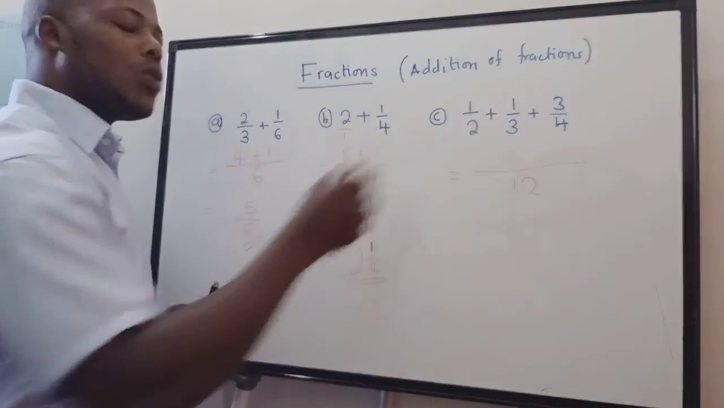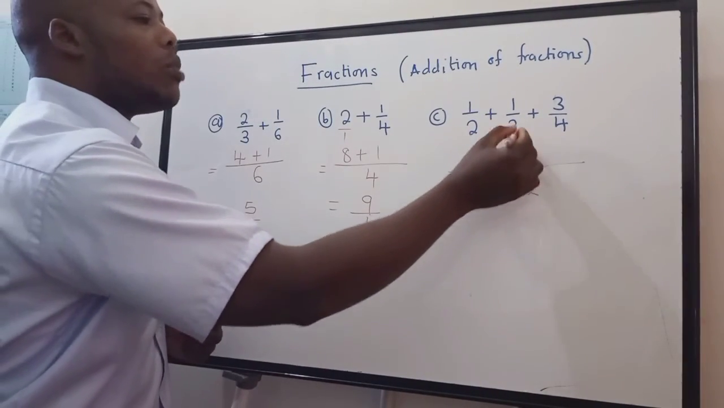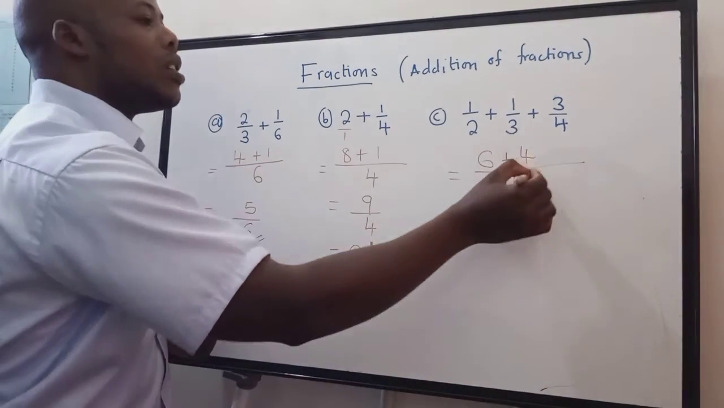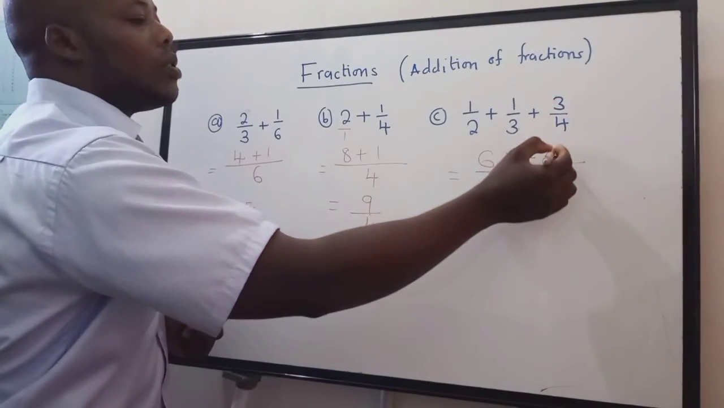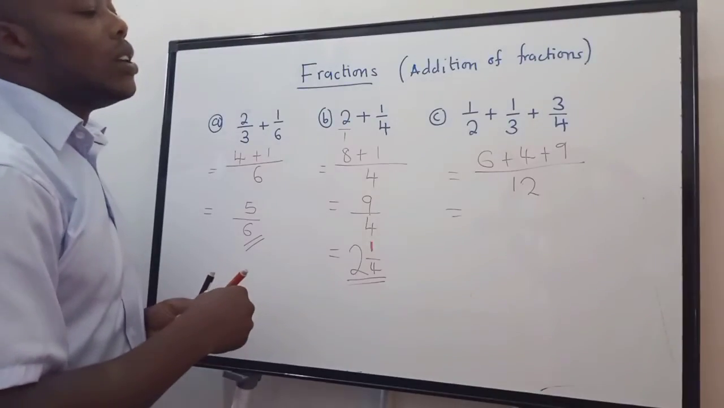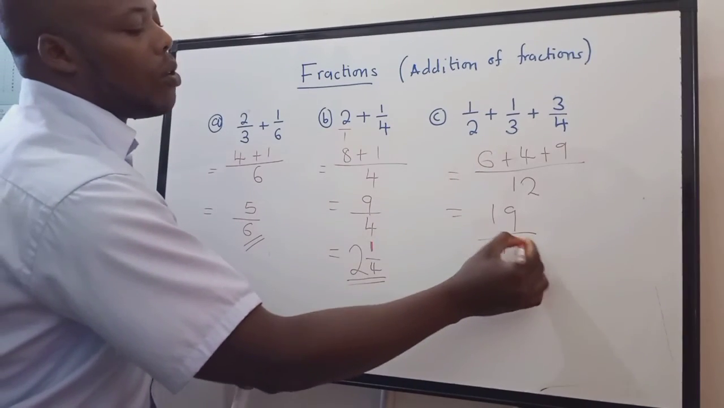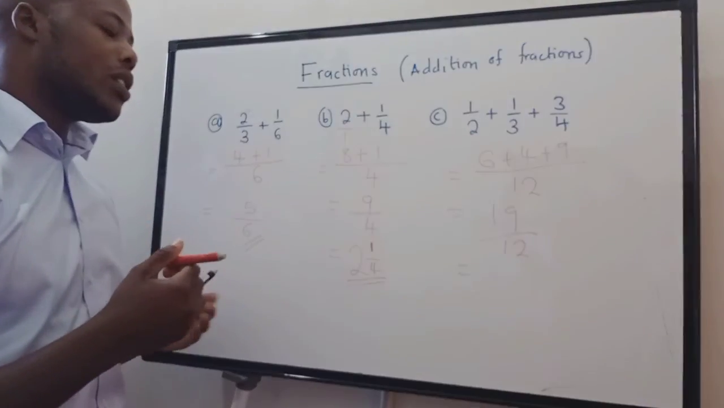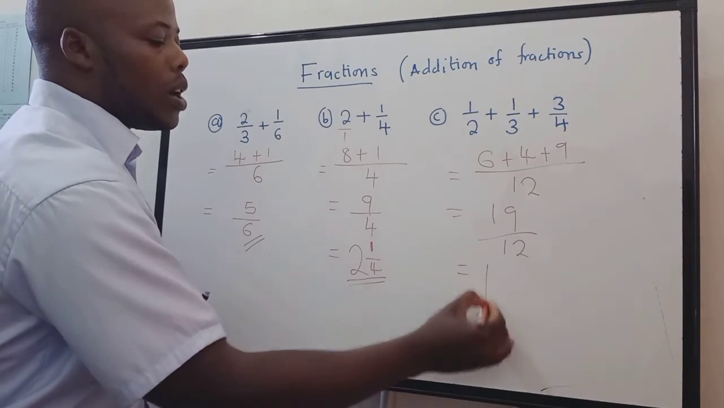So how many times can 2 go into 12? It's 6. 6 times 1 is still 6. How many times can 3 go into 12? It's 4. 4 times 1, we still get a 4. 4 into 12, 3. 3 times 3 is a 9. Okay? So we add, what are we getting when we add? We are getting a 19, if I'm not mistaken. It's a 19 over a 12. So we can change this into a mixed fraction because it's improper. It will be 1 remaining